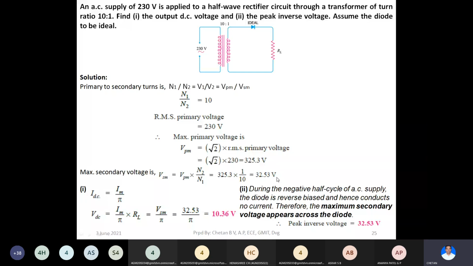The important thing to note is, while solving any problem, if they give a circuit with a transformer like this, you should be very careful while determining the actual input voltage to the diode, right? So the actual input voltage for this diode would be the voltage across the secondary. So you have to find out the peak voltage across this secondary first. Then only you should calculate the remaining parameters.